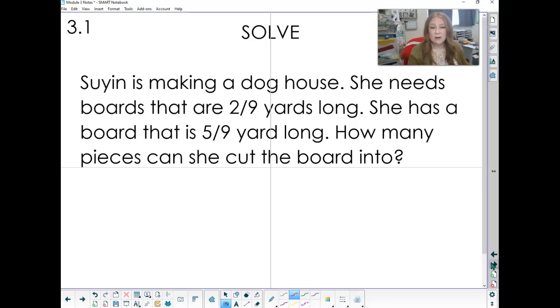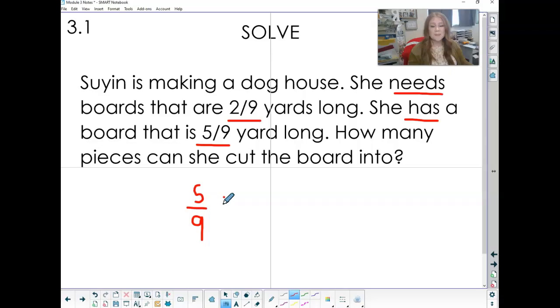So let's look at one other problem here. Suyin is making a dog house. She needs boards that are 2/9 yards long. She has a board that is 5/9 yards long. How many pieces can she cut the board into? I always want to start and ask myself, what do I have? So I'm going to look for that information here. She has a board that is 5/9. That is what I am starting with, 5/9. What do I need? What am I cutting that into? The groups, she needs